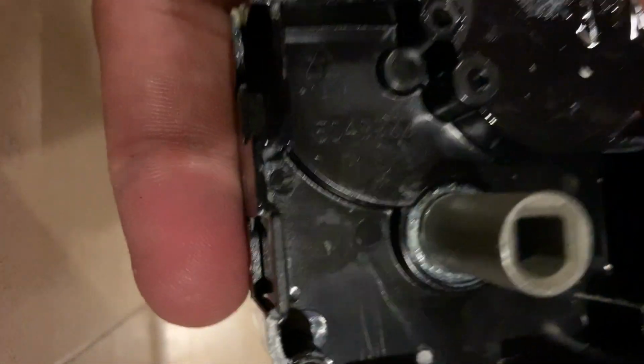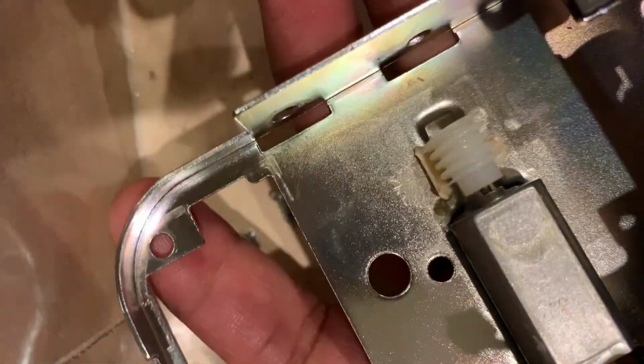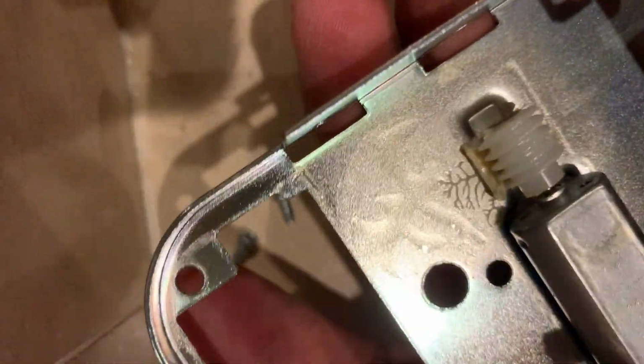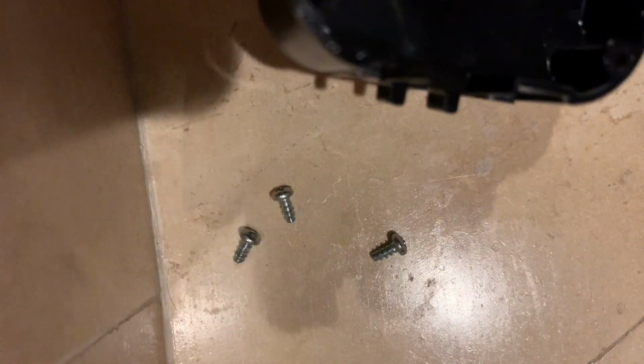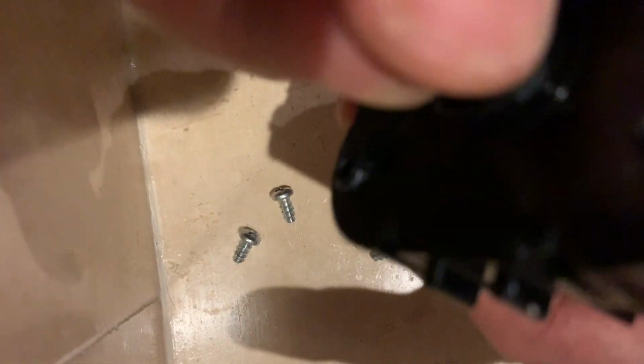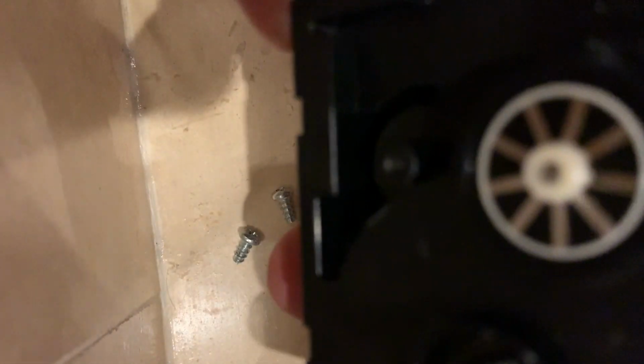I got all three screws out, and now this should come right up. Now here you have to be careful because there's grease in there. There's this motor that drives your unit, so you've got to be careful when you're opening this. So now what we have to do is flip this, we have to open up these 4 tabs